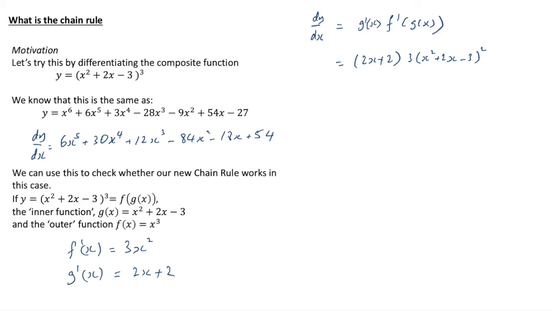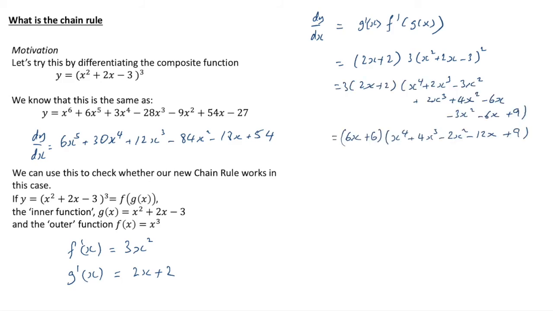So we have our g dashed, which I just wrote before, and then we have 3 times x squared, but x in this case is the inside of the bracket, which is our g of x, of course. So we pop that in there. Now, we do have to do a bit of work to show that that is the same as the one we worked out before. So, first of all, the second bracket there, the x squared plus 2x minus 3 squared,